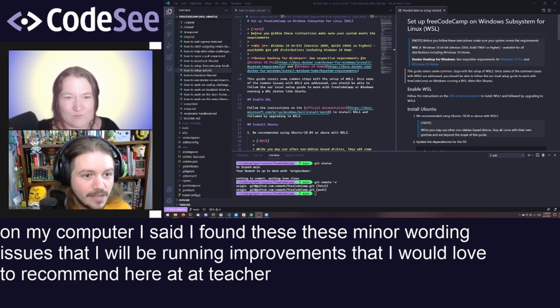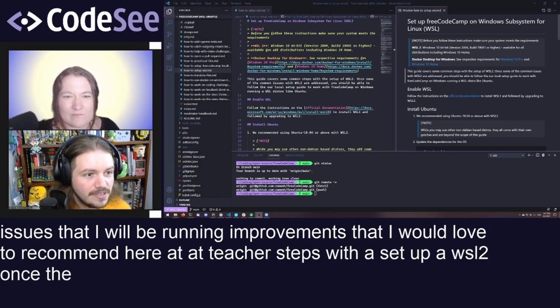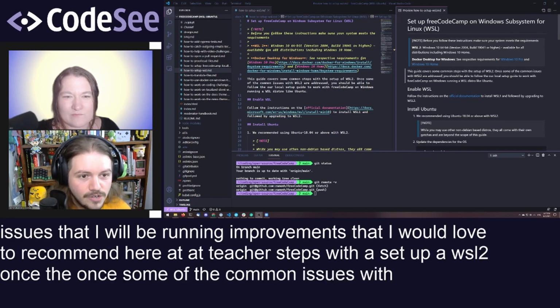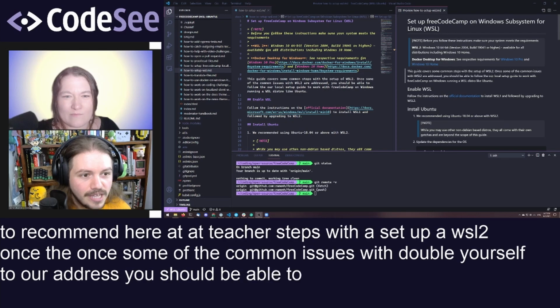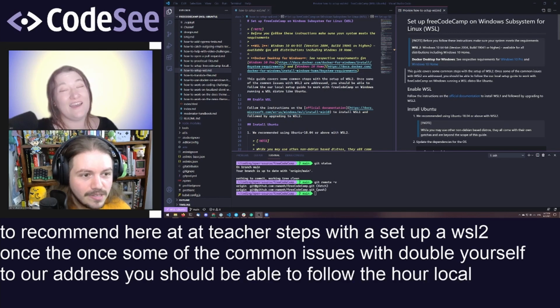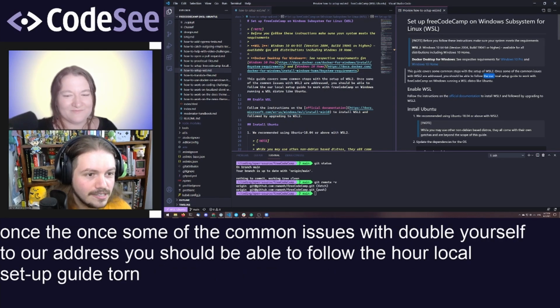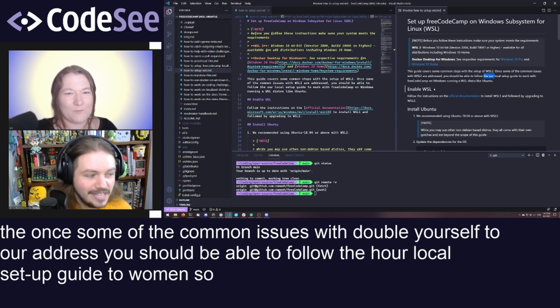This guide covers some common steps with the setup of WSL2. Once some of the common issues with WSL2 are addressed, you should be able to follow our local setup guide to work with. Okay, and that's one. So follow the our